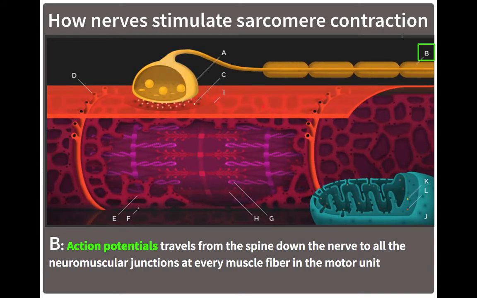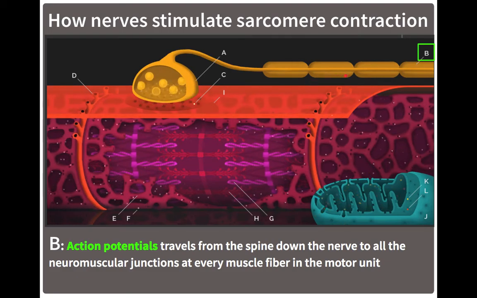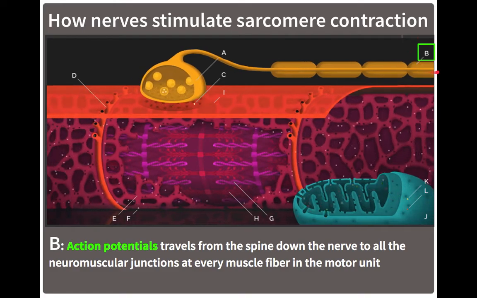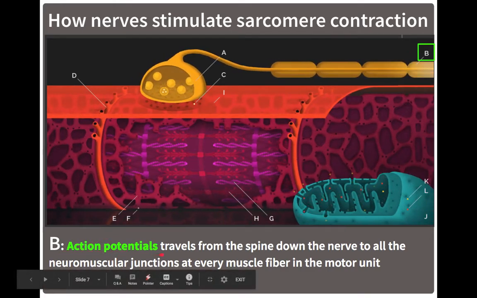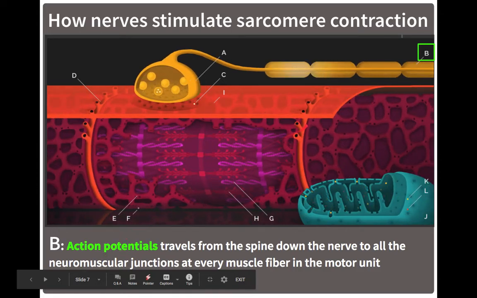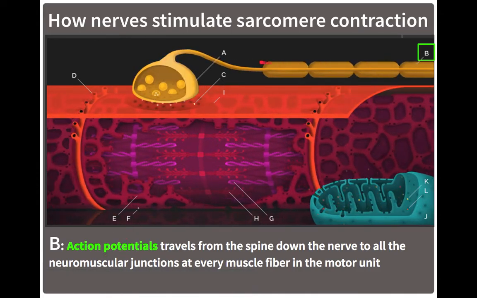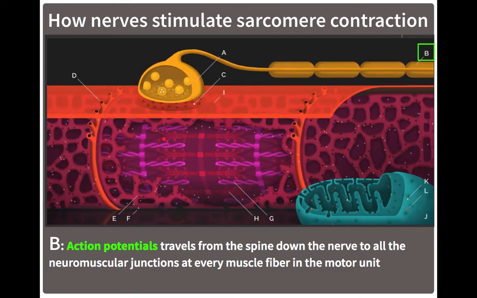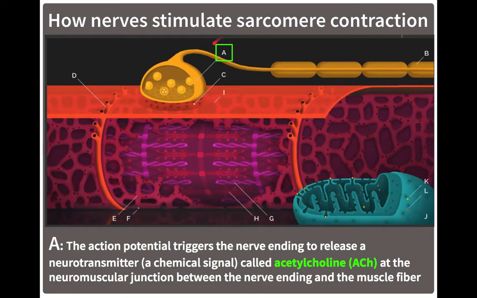So how does that actually happen? Like, how does a nerve signal actually trigger a muscle to contract at the neuromuscular junction? So let's start with B right here in this model. You can see that this is the action potential, so that's that flash of light that's traveling down this axon terminal of this nerve. And what happens is the action potential that originates from the brain travels down this axon until it reaches the neuromuscular junction right here, where, now we're at A,